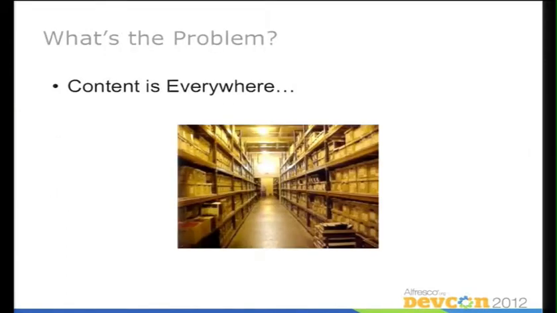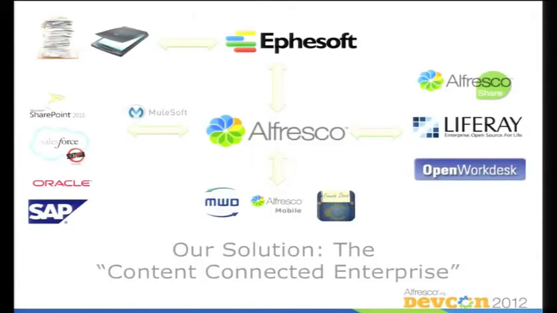The problem as we see it at Zia is that content is everywhere. We're all familiar with ECM. We're certainly all familiar with Alfresco, and we understand what that means in the scope of solving content management problems. But if you think a bit more broadly, beyond what content exists in your repository, you can quickly find lots and lots of use cases of content that's not yet managed by a repository. Anything from paper, obviously we're going to talk about that today, to content that might sit in a CRM system or an ERP system or something non-traditional that you might not think of as you're thinking about document or content management. We've addressed a lot of those problems through a solution that we're calling the Content Connected Enterprise.